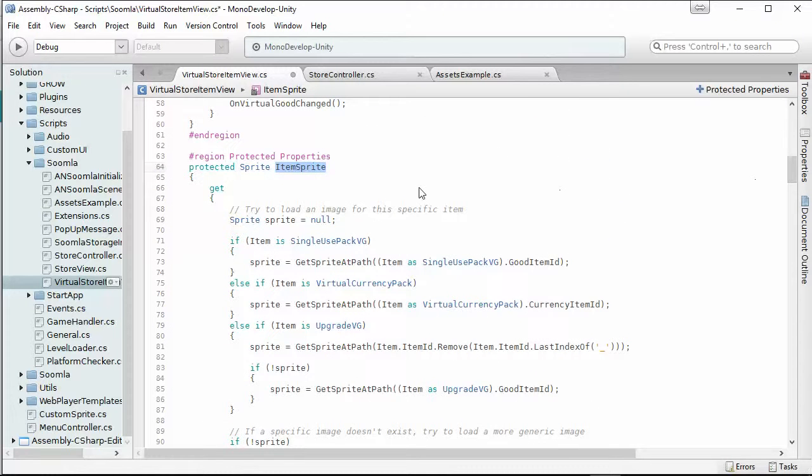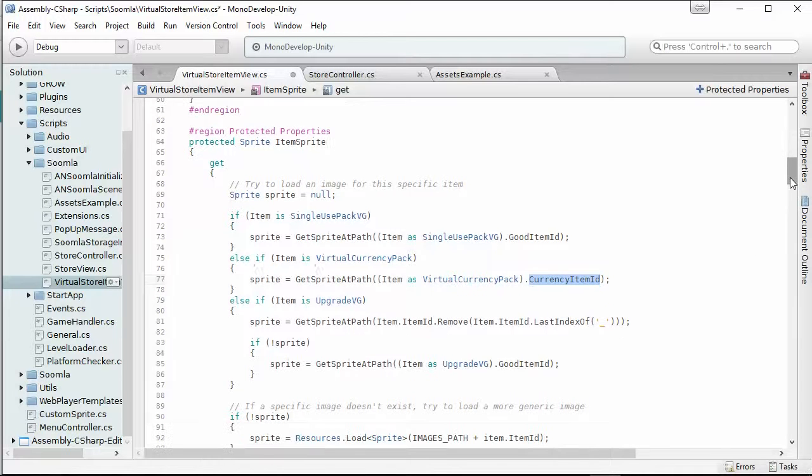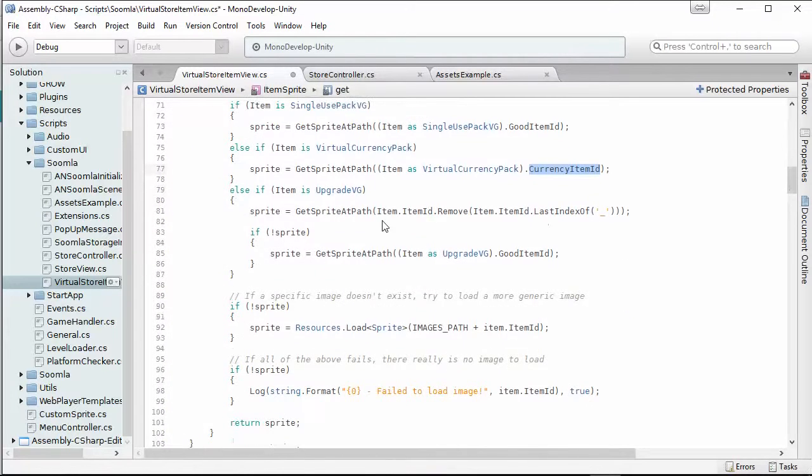So we just got this here. If it's a single use bag, we're just gonna load this. If it's not a single use bag, we're gonna use something else here. We're gonna get the sprite path, and we call this item as virtual currency bag. We pass the same thing. If this item is upgradable, we're just gonna